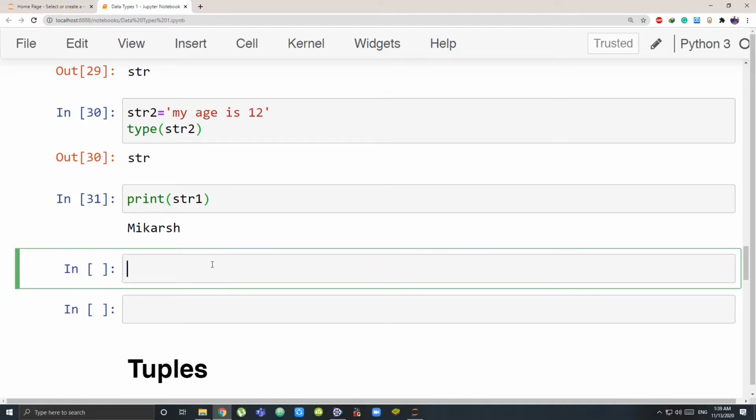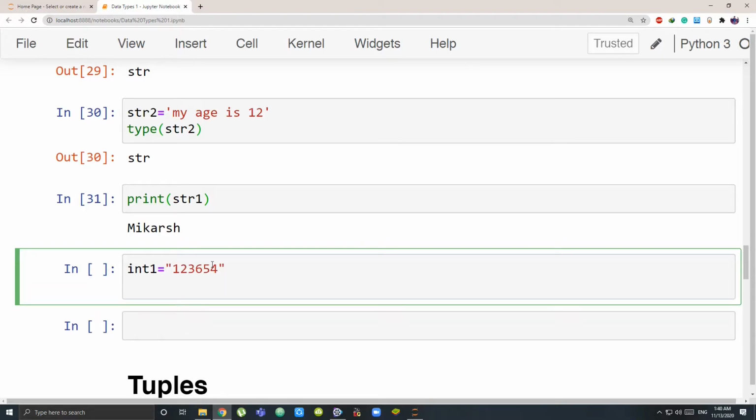Next, I will show you a new thing. I told you store text and words for string. You can also have integer string. Let's say int1. I can put any name, by the way, but I have to put this inside string. Let's say I am storing my ID. My ID is 123654. But I am storing this inside double quotes, maybe single quotes or triple quotes, your choice.